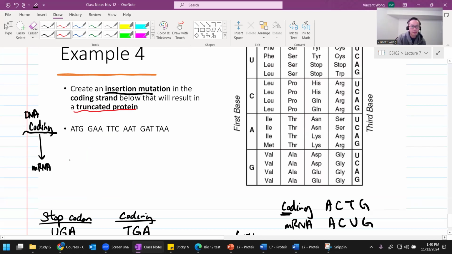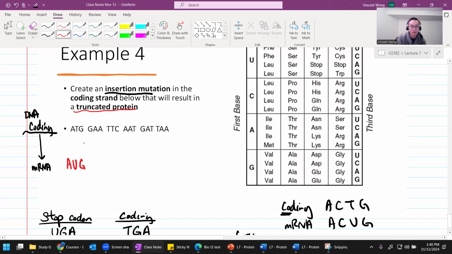So it would be U. Okay, but this is the coding strand, right? For the coding strand, we do not do base pairing. We just copy directly, right? So go ahead, please. It would be A, T, G. A U G, good. And then